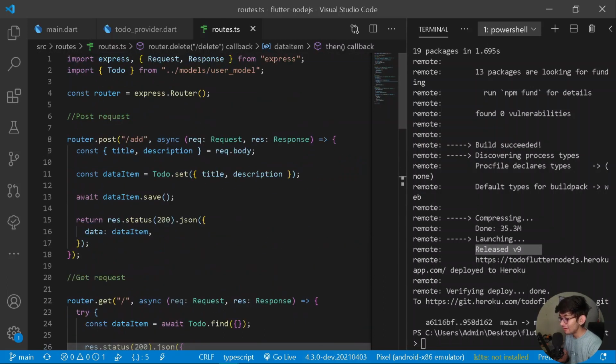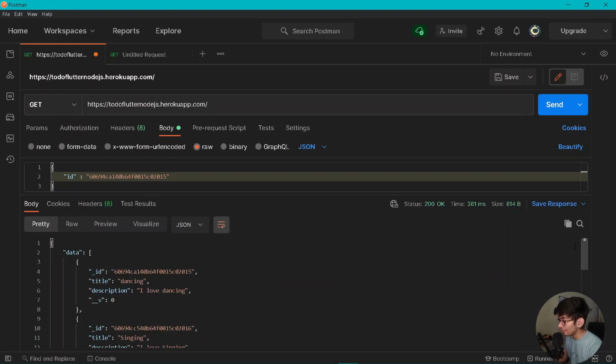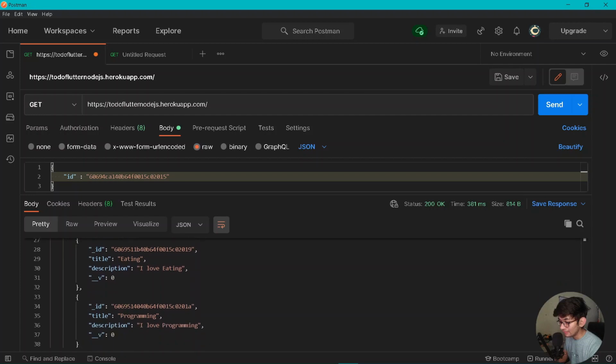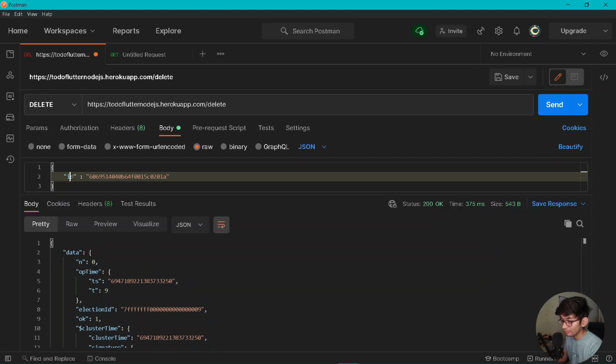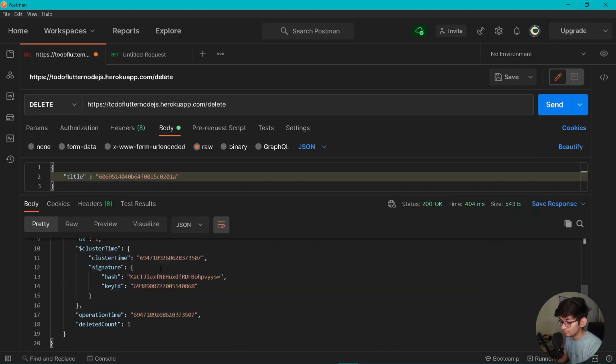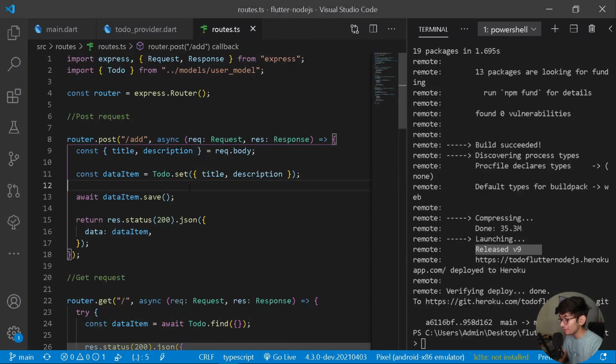No worries. So now let's go onto our Postman and try it out. Alright, let's have a GET request of some different one and press send. Cool. So now what I can really do is go to the bottom and try deleting our programming one. So let's copy this thing and paste it here, and let's go under delete and here delete one, press send. Why am I getting a deleted count of 1? Let's have a title, press send. Cool. So now you can see we have a deleted count of 1. That's because our title is not updated on the Heroku server, as the deployment may take some time. But now we are good to go because we have added the functionality of providing ID here. So once everything is done from here, let's close this off.